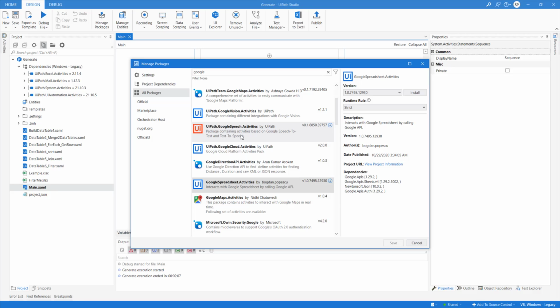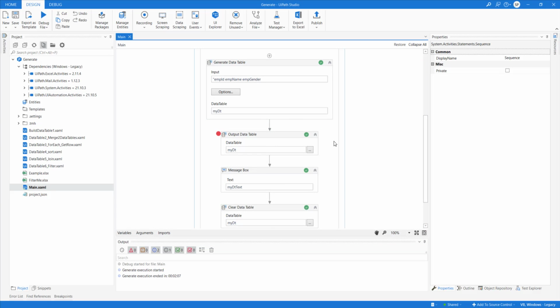So we'll look at those examples. We have those examples in integration services. We'll look at how to interact with ServiceNow, Salesforce, and other applications, right? So don't worry about it. But on a high level, you need to give the input to the Google spreadsheet activities, and then the result will be stored automatically after the connection has been made. Okay. Any other questions, guys?